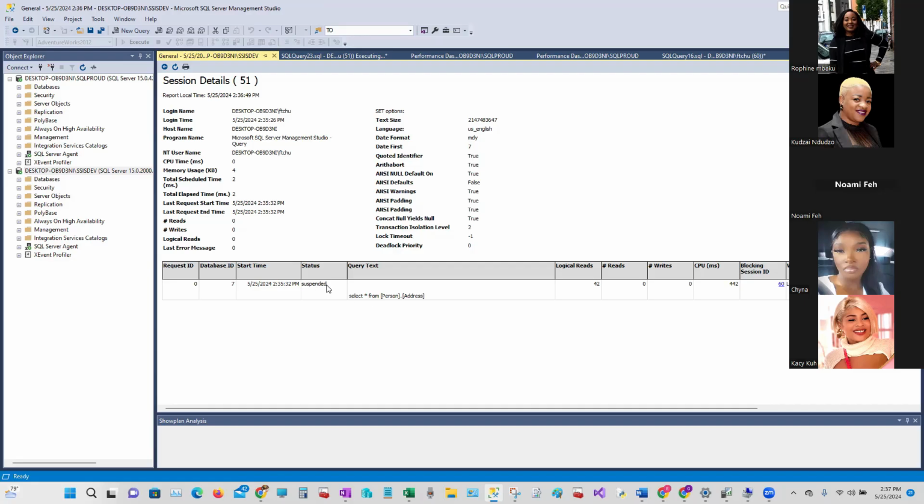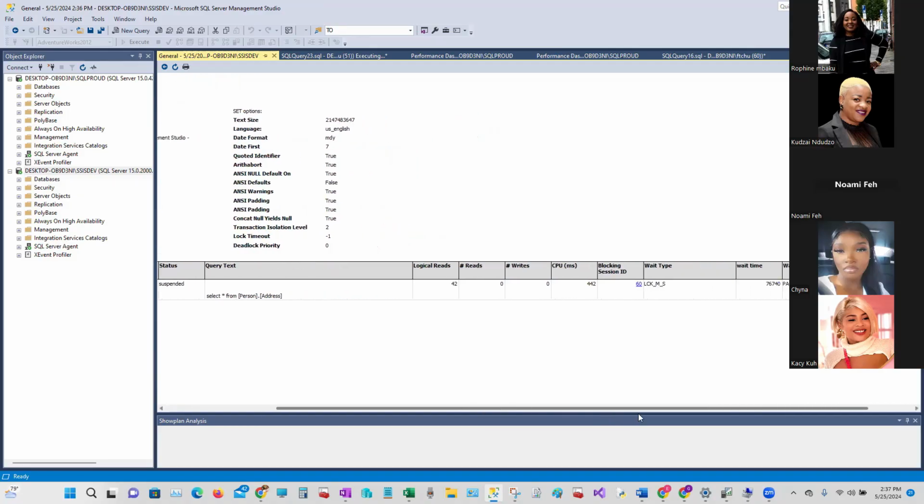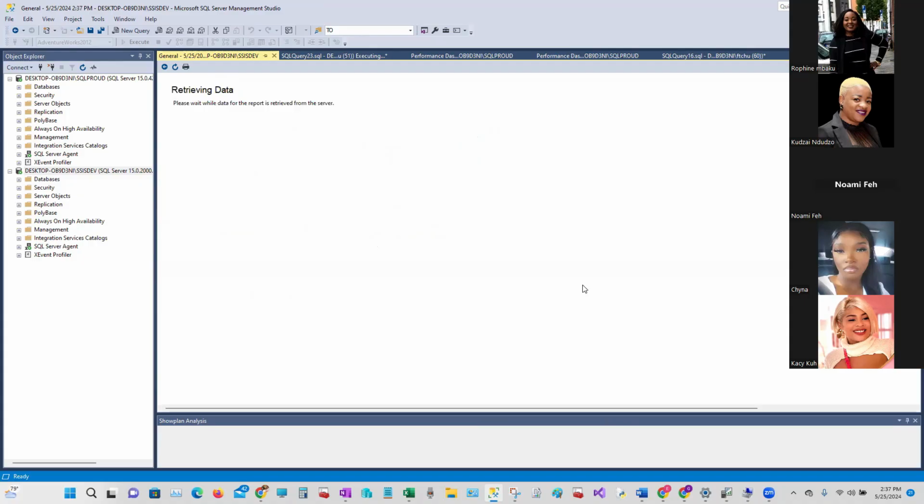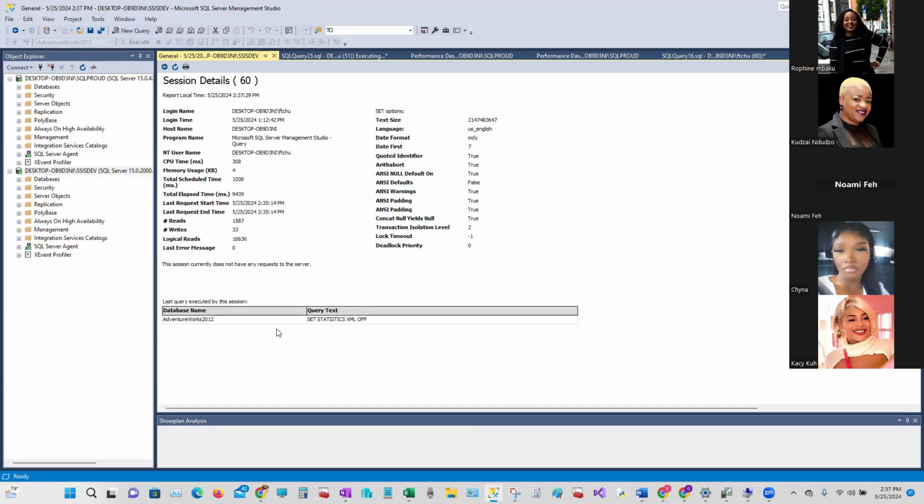In the interview, when you are talking about blocking, they will ask, did you check the status of the blocking? Because you check the status, you want to know if that query is suspended or running. That is how you can see it. Now if I come down, one thing I want to know here is the type of wait. There are different types of wait. This is SCKMS, which is one of the types of wait. Now, if I click on the blocking session ID here, which is 60,